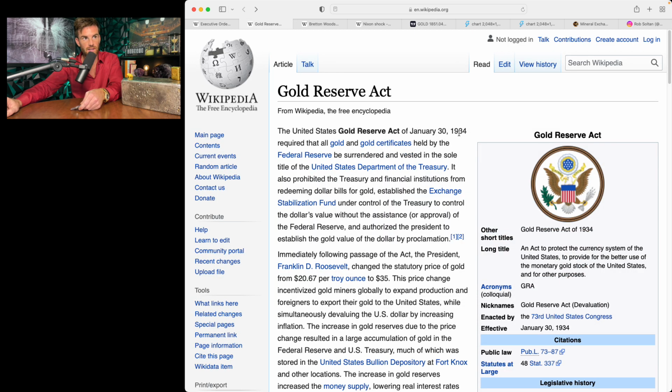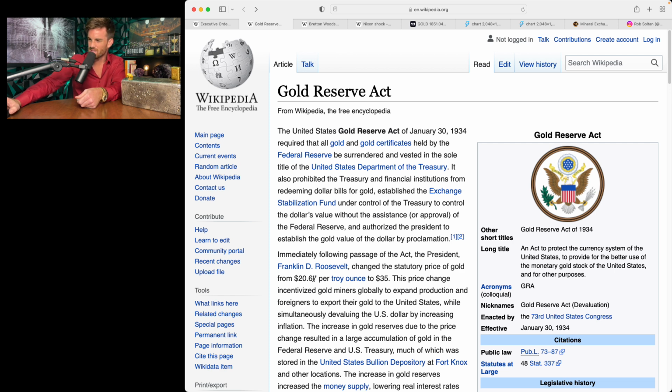After 1933 and 1934, they made it so that all of the gold the Federal Reserve owned, all of their certificates for gold that the Federal Reserve owned, they had to give it over to the U.S. Treasury. Now, when that happened, at the same time as dropping the Gold Reserve Act of 1934, they made the price of gold go from $20.67 fixed price, which is what they bought it for.